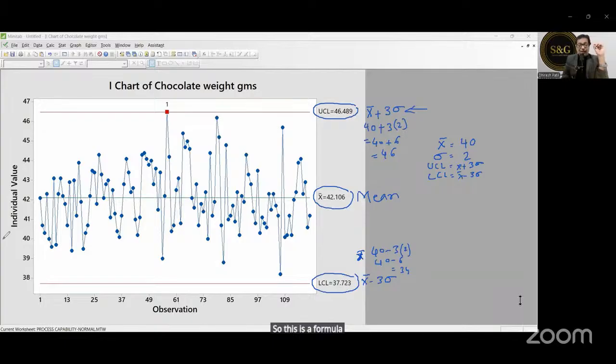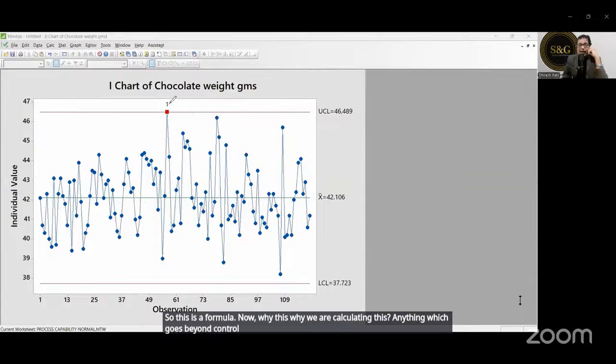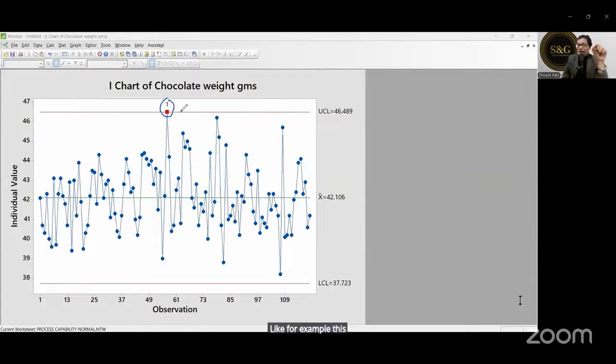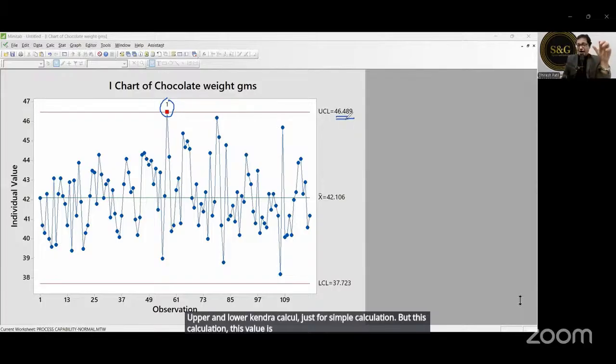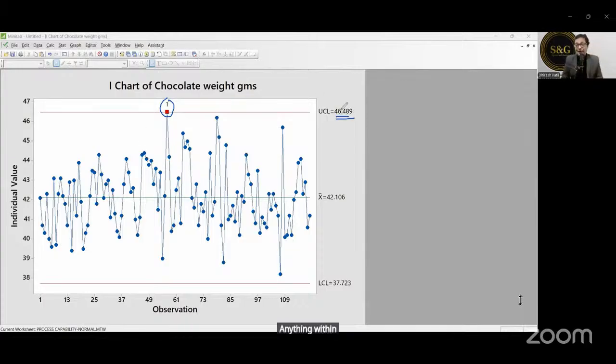Now why are we calculating this? Anything which goes beyond the control limit, like for example this data point on the boundary line, okay? Anything which is within the control limit. I have just considered, Shivam, for calculation's sake, a value of 2 for sigma in the upper and lower control limit calculation, just for simple calculation. But this value is actually 1 point something something, right? So it would take more time, that's why I gave a simplified calculation. Okay? Now, anything within these control limits